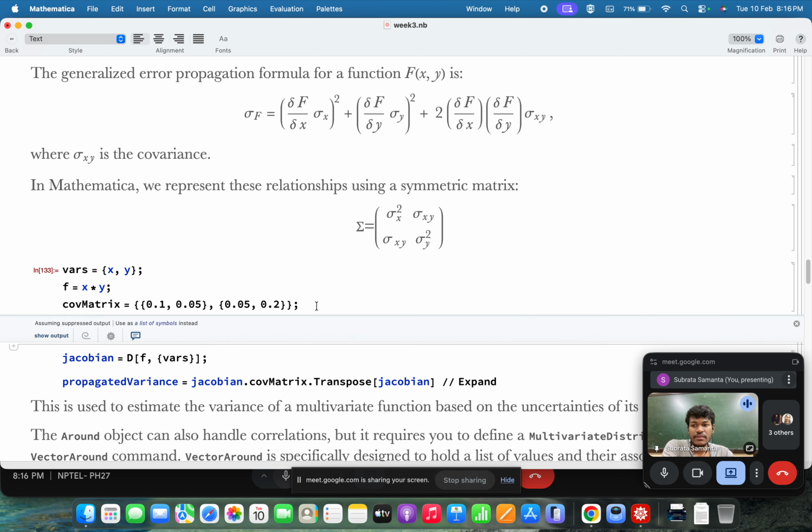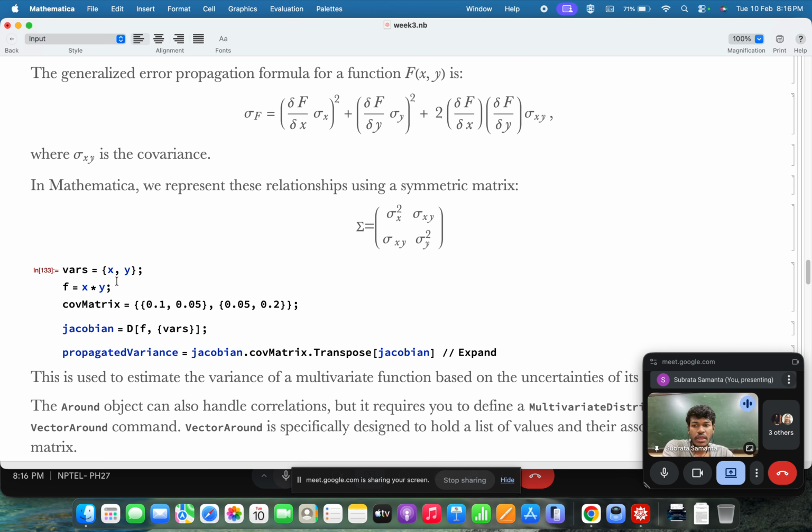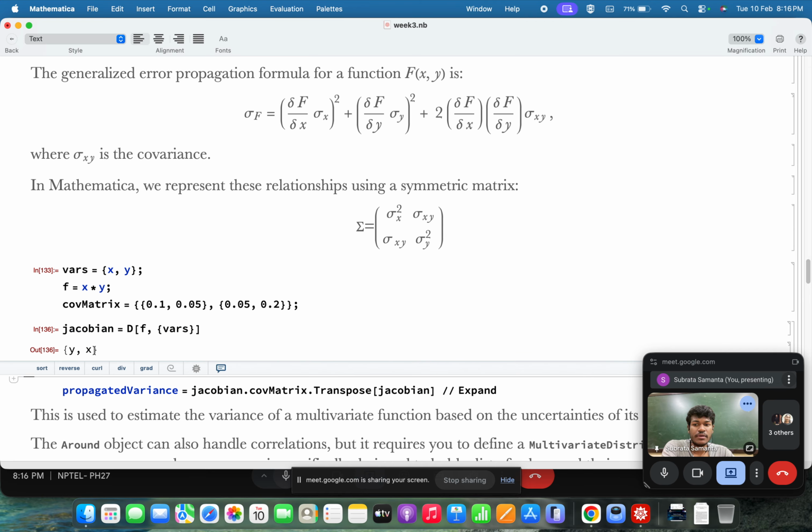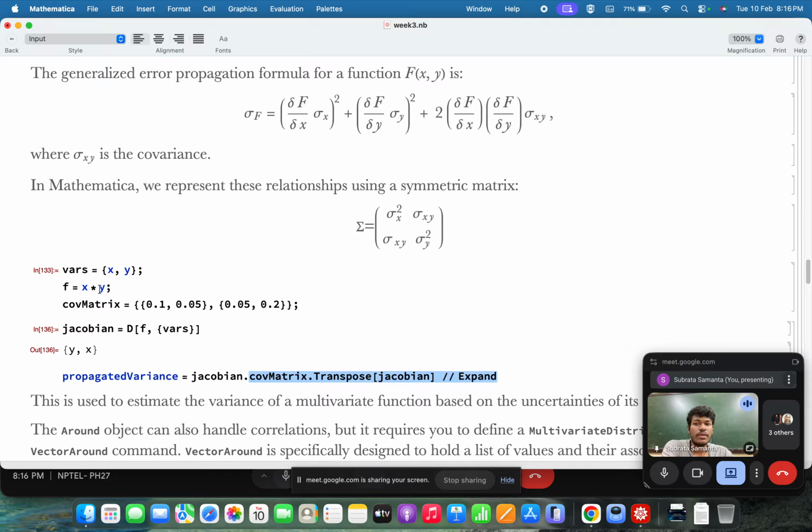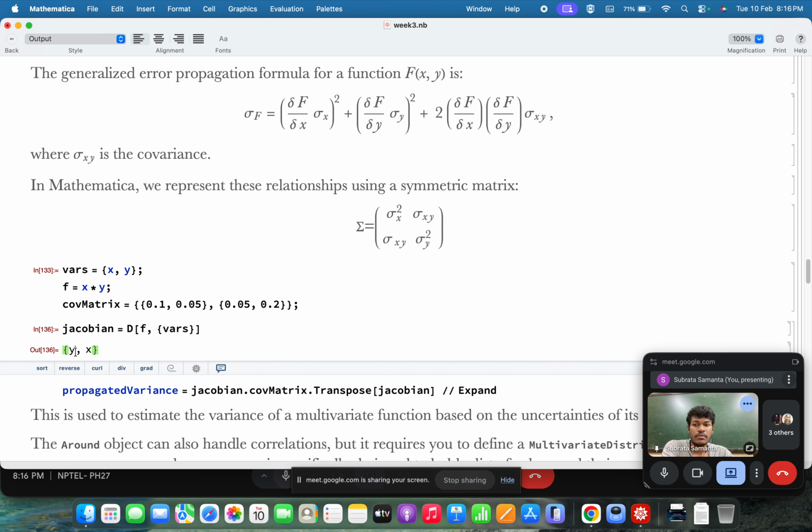So, I first assign this, I calculate the Jacobians. So, here the variables x and y. So, you calculate. So, this is a matrix. Okay. How to know this is a matrix? Just check. So, this is basically y x, okay, it is a column matrix. Sorry, it is a row matrix. Okay. So, it is a y x. So, now how to multiply? So, y x and then because your function is x y, okay, that is why. So, when you take the derivative with respect to x, this gives y, and when you take the derivative with respect to the second variable y, it gives x. Okay. So, that is why it is a y x,